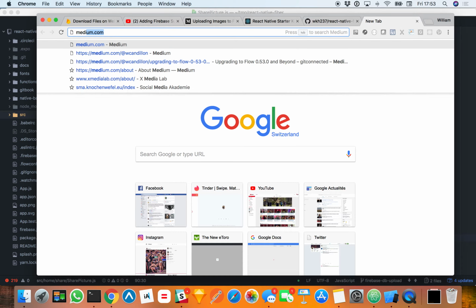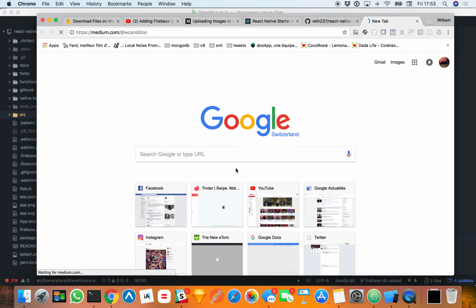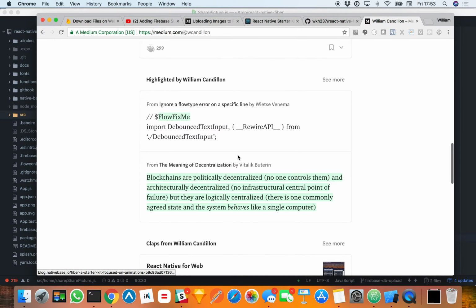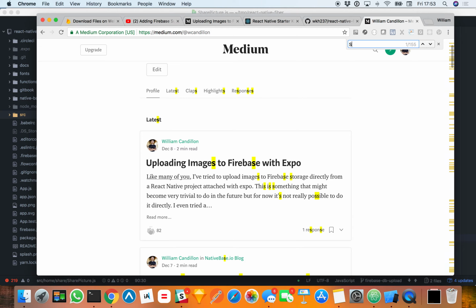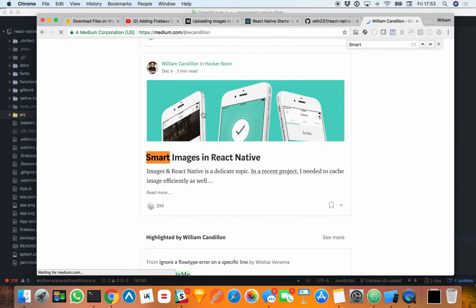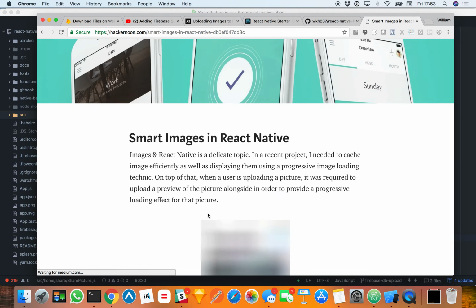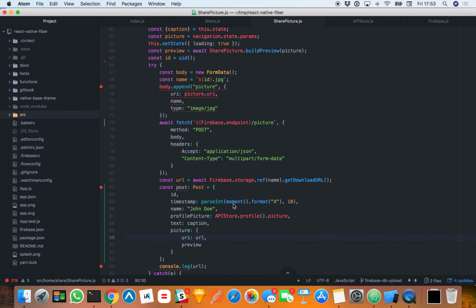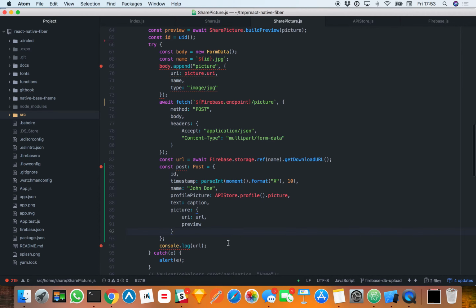And again, if you check out my Medium profile, I describe how to do it. I think it's called Smart Images in React Native. So you can check out how it's done if you're interested in having this nice progressive image loading in your app. All right. So now we have the post, and we can store it